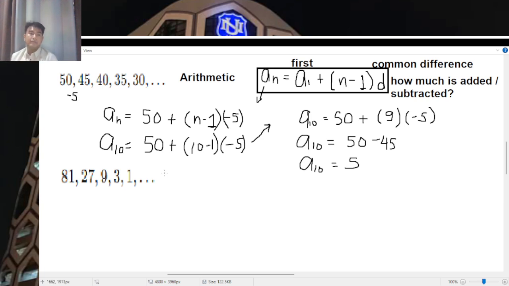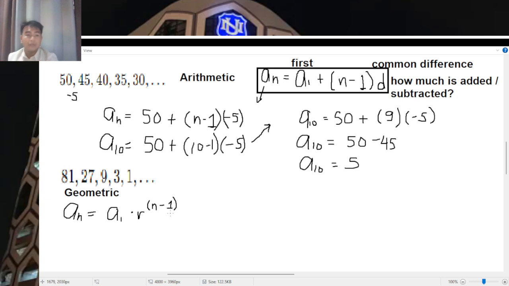So this next example is not an arithmetic sequence. Can you determine the type of sequence this is? Take your time. This is still a geometric sequence. Let me write it here. And of course, we have discussed it earlier. The geometric sequences have a formula of a1 times r to the n minus 1.